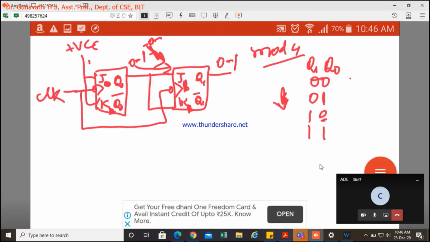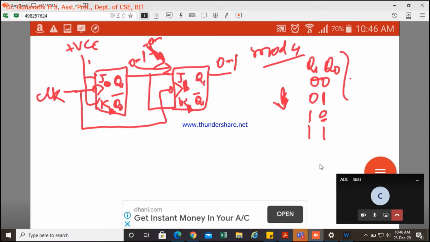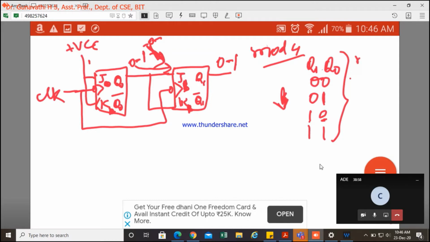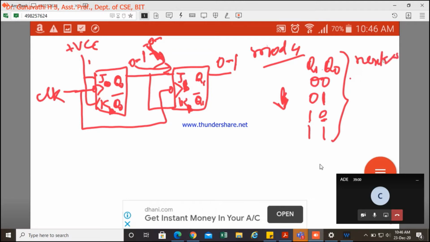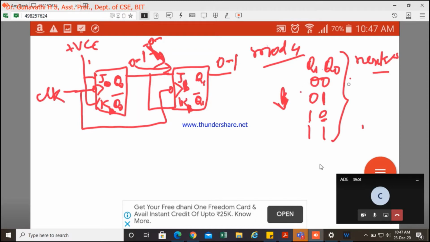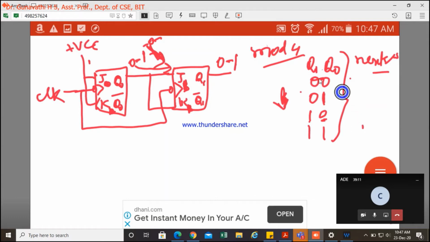How to design, we have already discussed. We know what is the output. If this is the output, in the next application of the clock, what we are going to get in the next state, the next state output, we also know. So when we know the present output and the next output, based on these outputs we can design the inputs. That we call an excitation table. Output is known, we need to design the inputs.